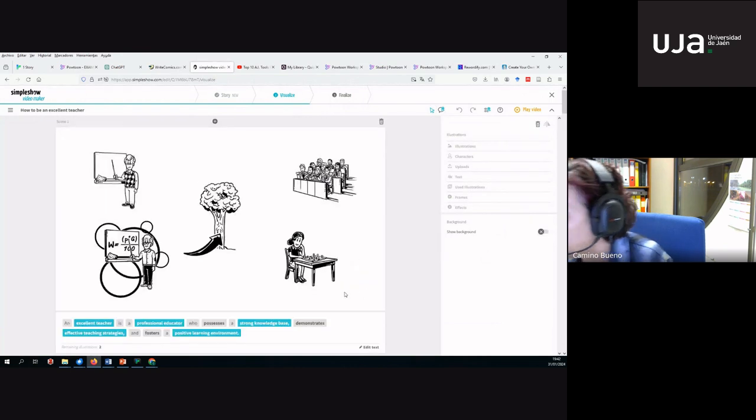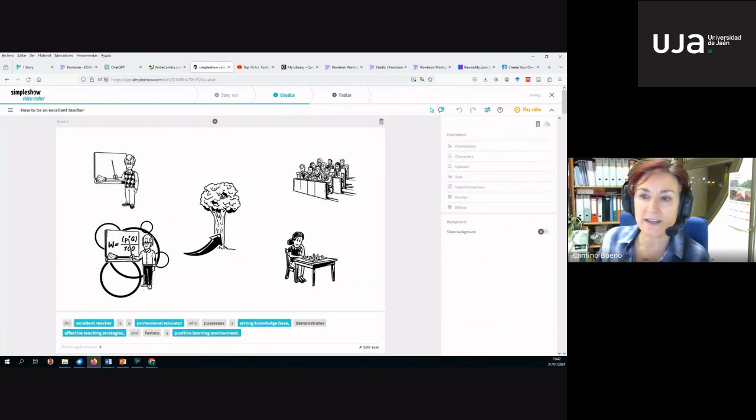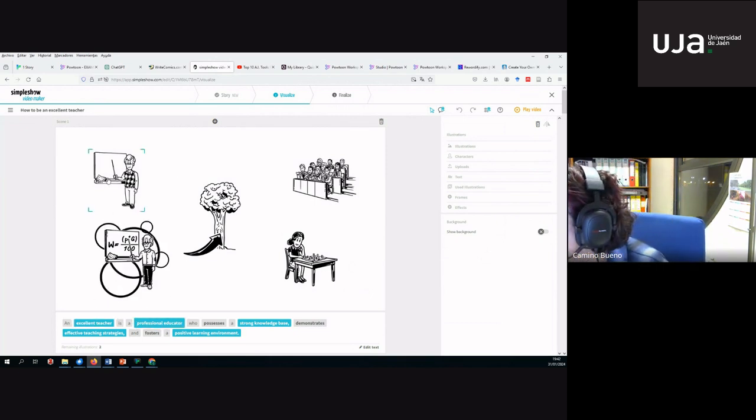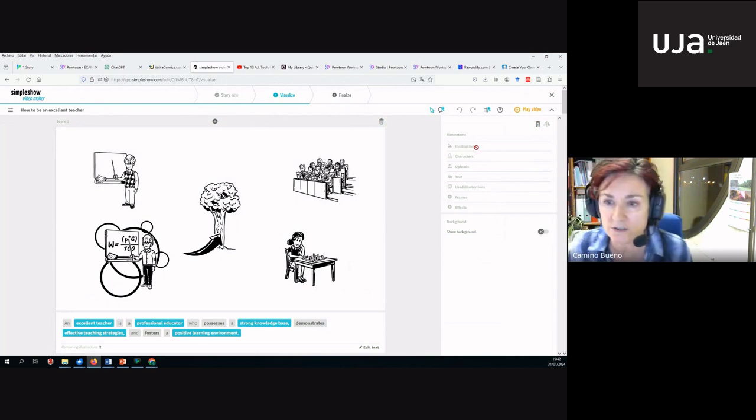Okay. And then here it gives you images. So you select the ones you want. Okay, you can select everything here. You can add more. You can edit the text. You can do whatever you want. I'm not going to do anything because I'm going to show you just what it does without doing many things.